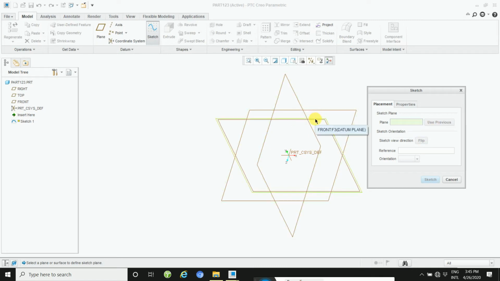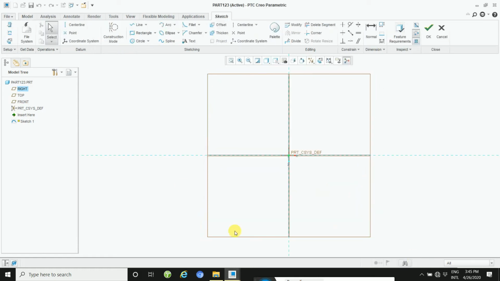If you want any plane, I will take the top plane, and now I will click on the sketch toolbar here, and then after that we can do the sketch.